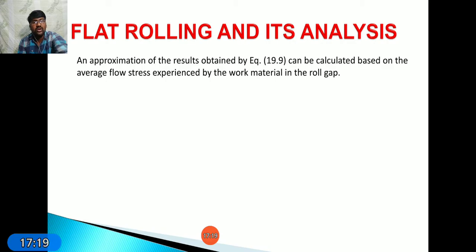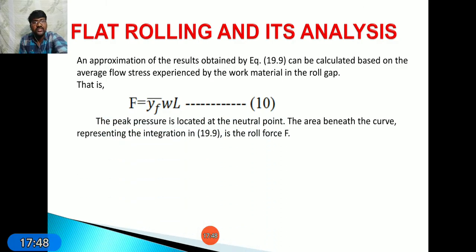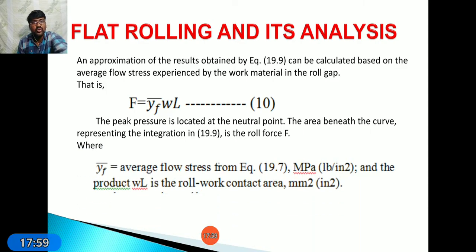An approximation of this result can be calculated based on the average flow stress, which can be expressed as F equals YF bar into W into L. By using this equation, we will calculate the force on the workpiece by the rollers. The peak pressure is located at the neutral point. The area beneath the curve, representing the integration, is the rolling force, where YF bar is the average flow stress,